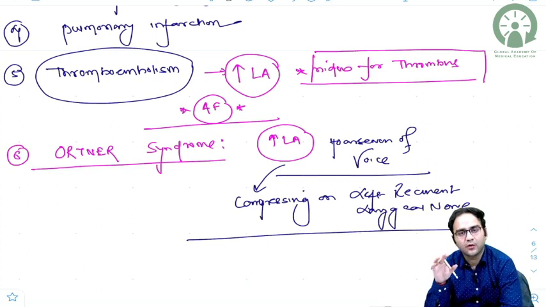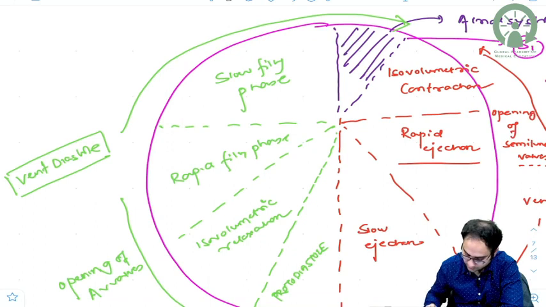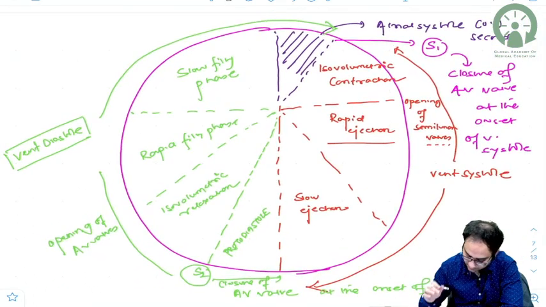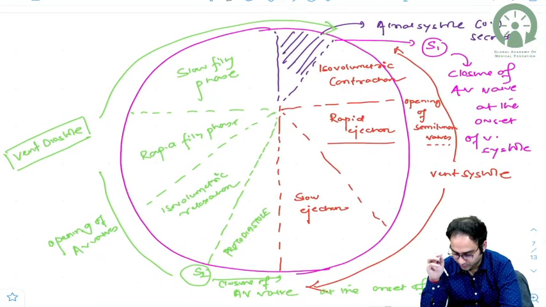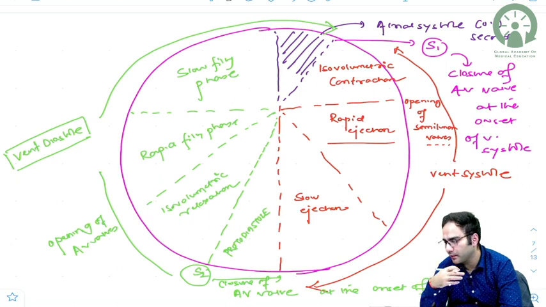So, we have read about the clinical features of mitral stenosis. Now, we shall move into the findings of mitral stenosis. Before I move into the findings, in my previous modules also, be it JVP or heart sounds, I have described the physiology of the cardiac cycle. You have to remember the cardiac cycle, otherwise it will be very difficult to understand any sort of mitral valve disorders